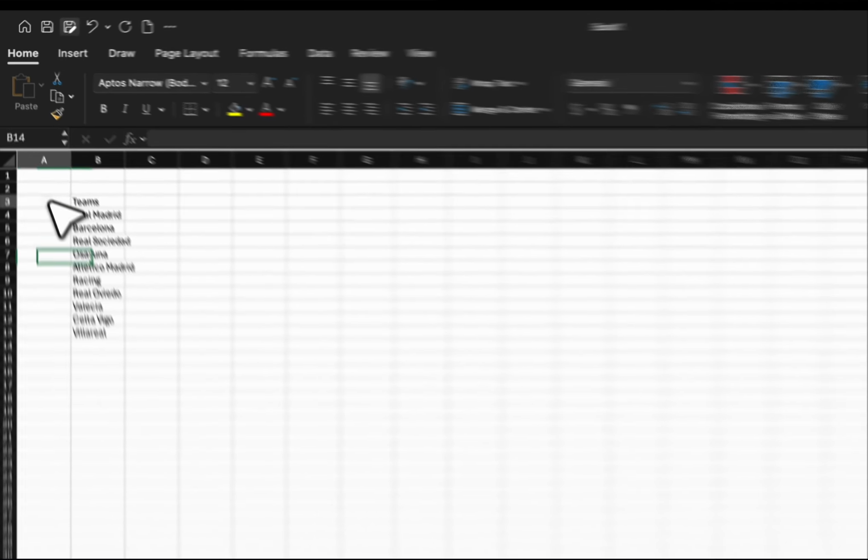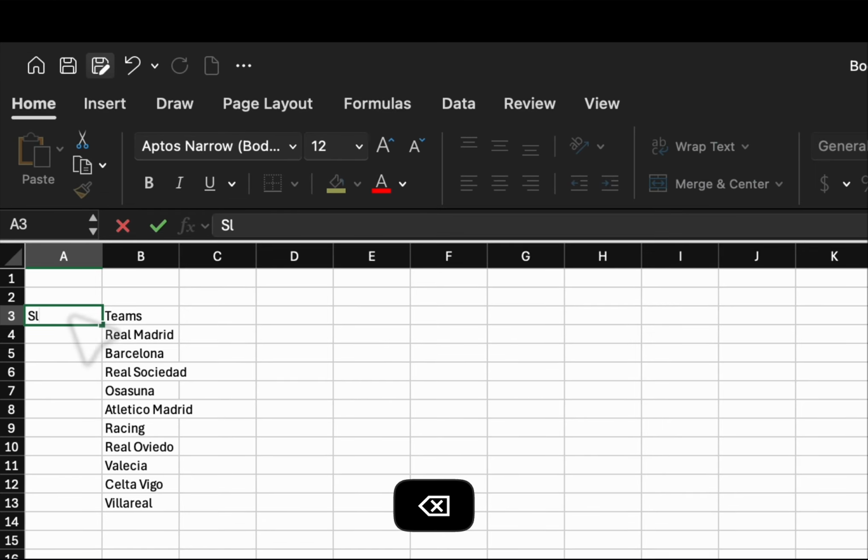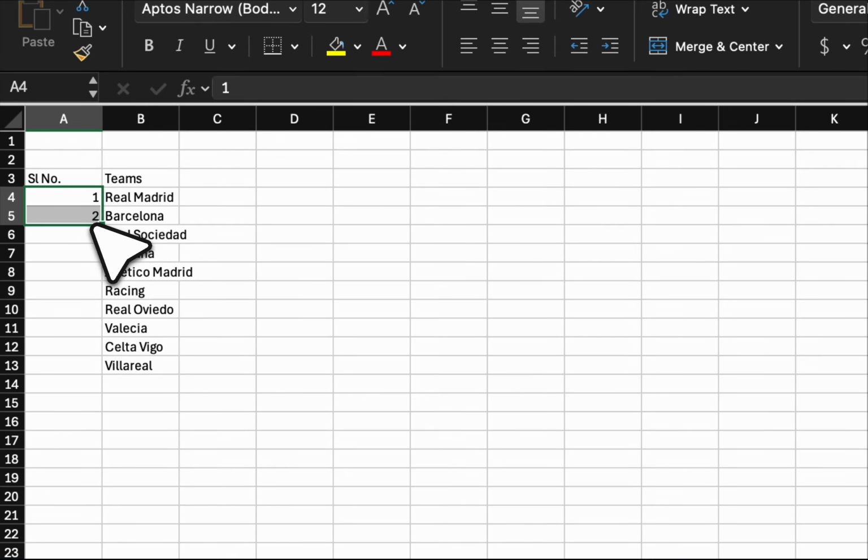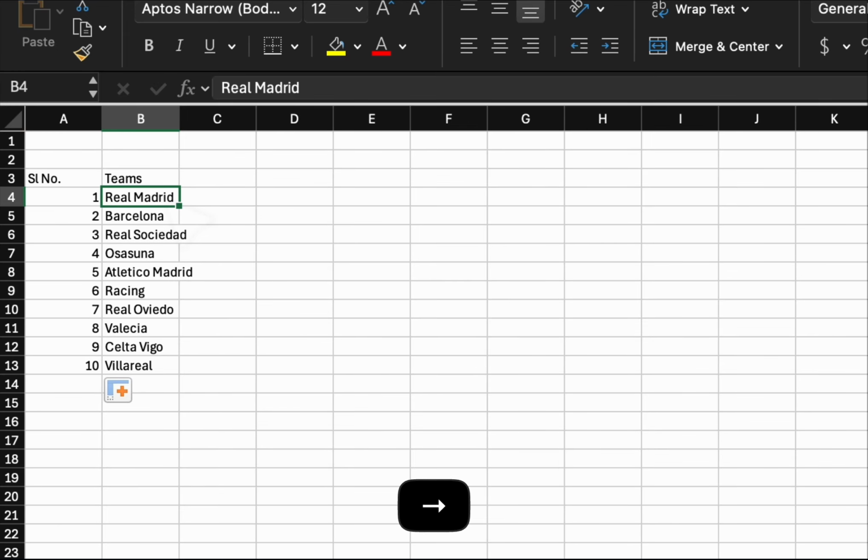Okay, you can add serial number here. You should not type 1, 2, 3, 4 like this. You can just use this way to fill. There are so many ways. I'm going to show you day by day. Okay, then